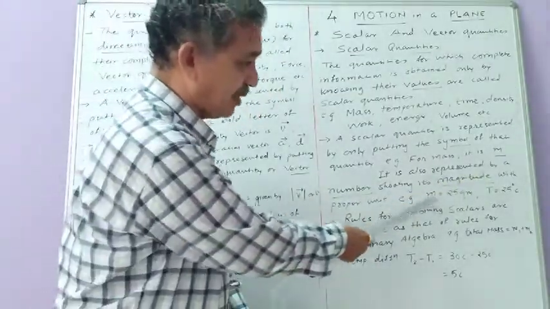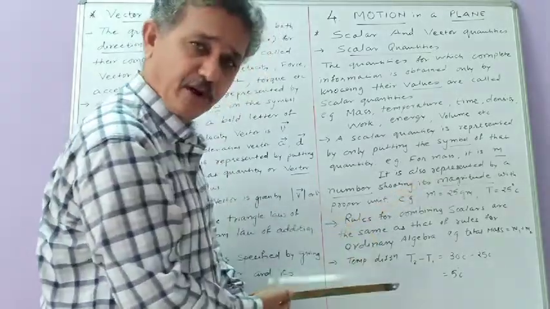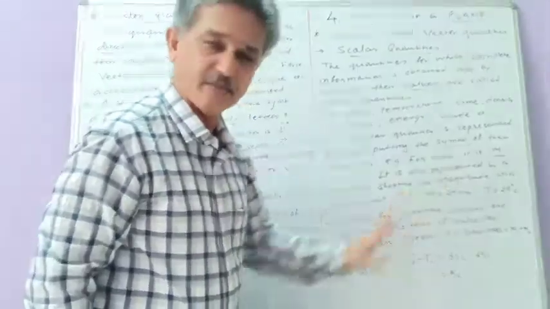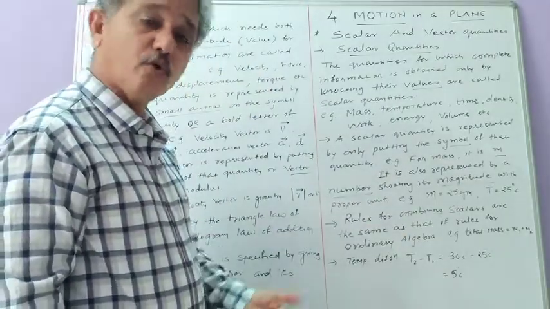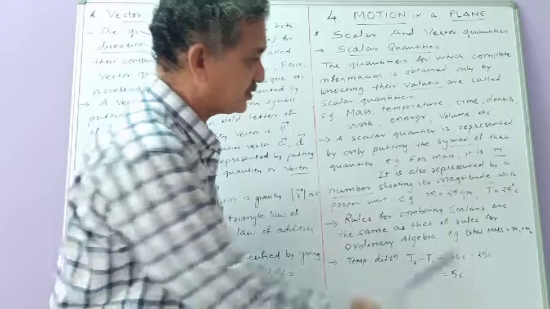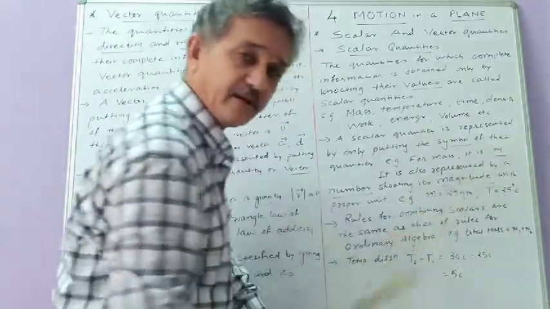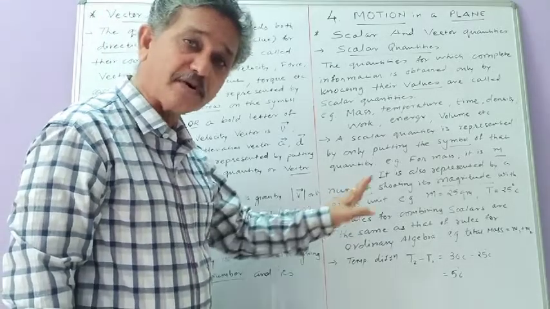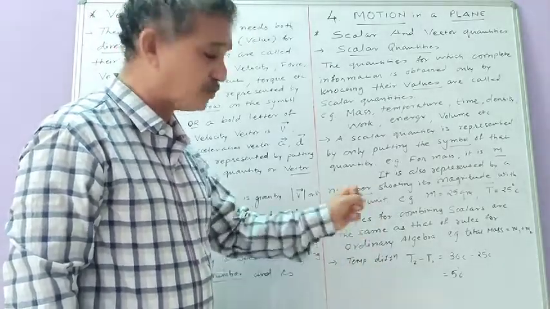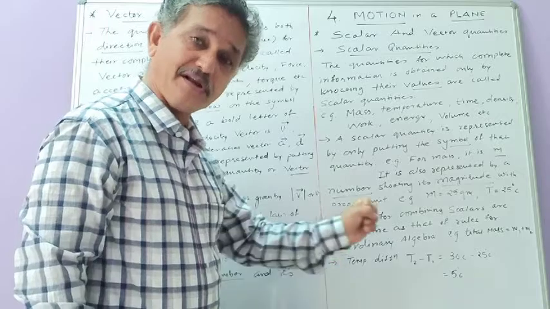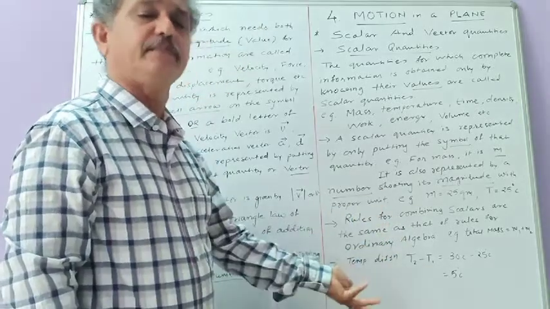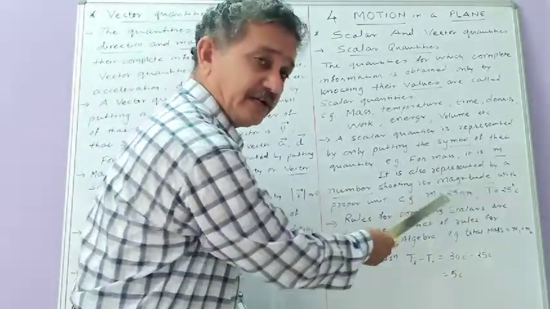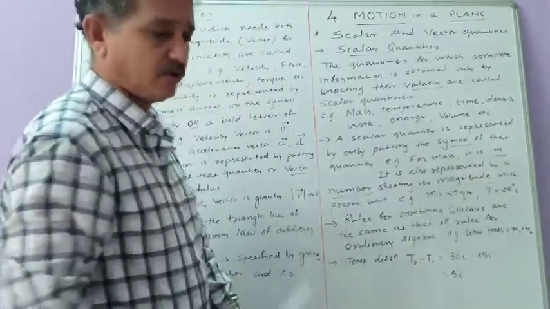As for example, mass of an object is supposed to be 25 gram. So 25 is the number with proper unit gram. Let you want to mention the room temperature is 25 degrees Celsius. So capital T equal to 25 degree Celsius. Here you can see that there is no importance of direction. You can't say the mass of object is 25 gram in east direction. In every direction it is same. That's why there is no importance of direction. That's why these physical quantities are known as the scalar quantities.